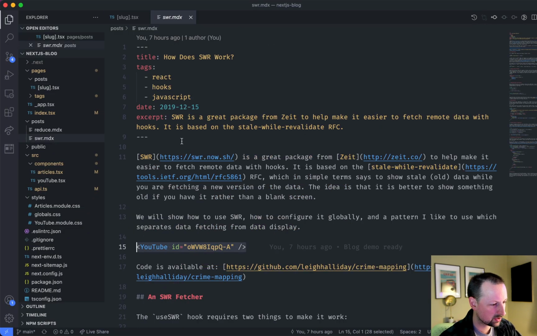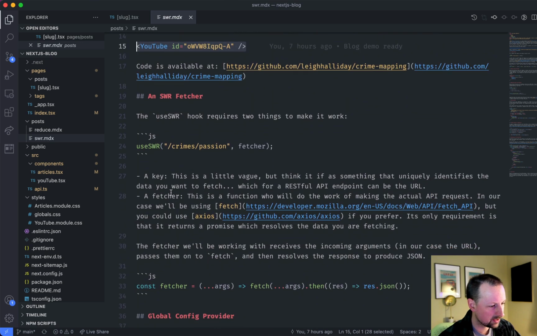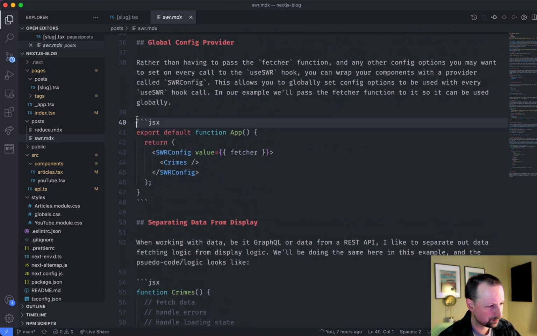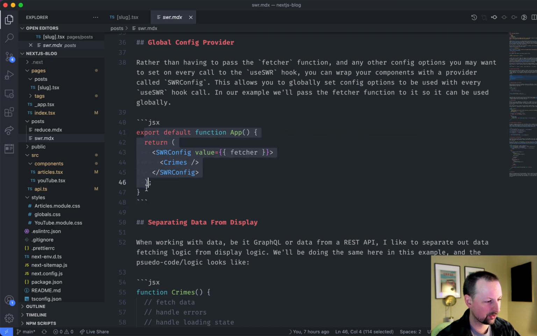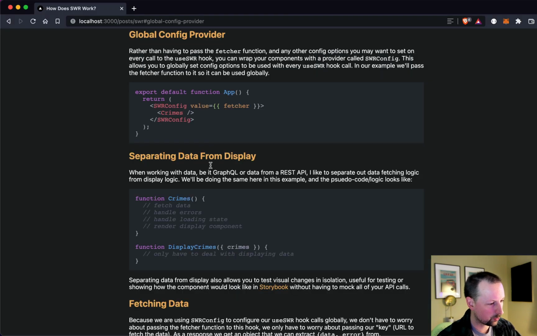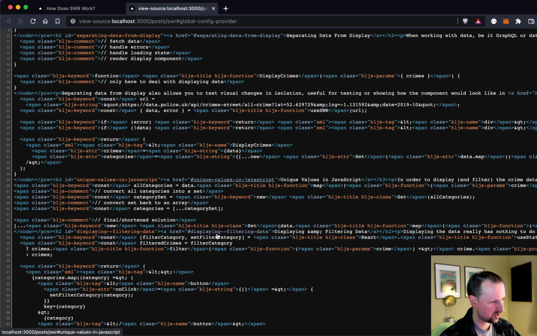So how does that work? Well, let's go take a look. Here we have a code block that outputs JSX. So here's the code in here. If we were to look at the source, and then come in where we find code, we can see that it took our code and basically wrapped a whole bunch of spans and stuff around it. And it gave each of these spans a class name,